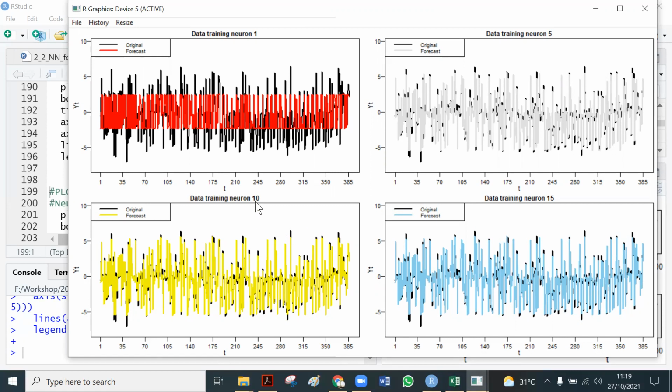And then if we have 10 and 15, and actually if we have 3 neurons, it will look the same. So neurons 5, 10, 15 and 3 produce almost the same value. They forecast with the same value.